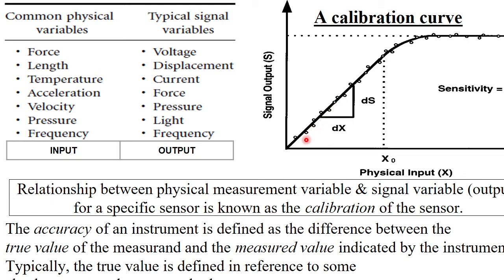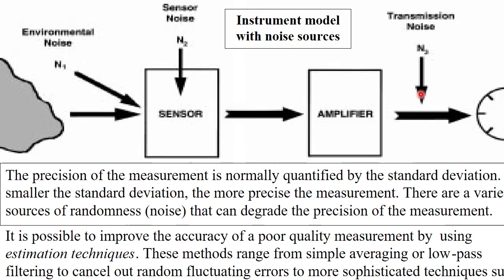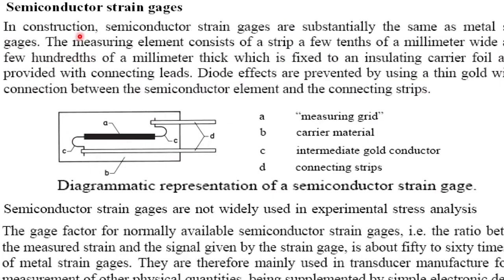Now you understand, if the slope is very low like this, it has quite low sensitivity. Actually, resistance strain gauges are not very sensitive. The value is usually around 2. Whereas for the semiconductor strain gauge, it can go up to 40 or 50. That level of sensitivity is possible from the semiconductor strain gauge. But their use requires much elaboration, and that is why they are not commonly used for ordinary strain gauge application.